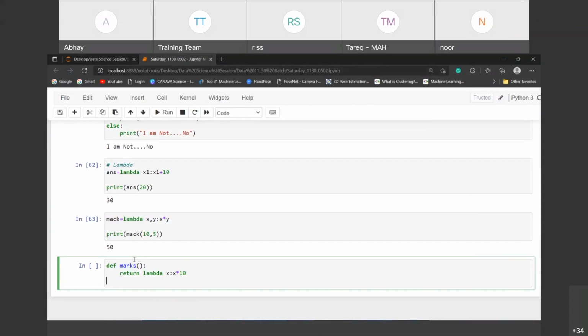So the return value is whatever content the function wants to return, marks will return, which is your return value.